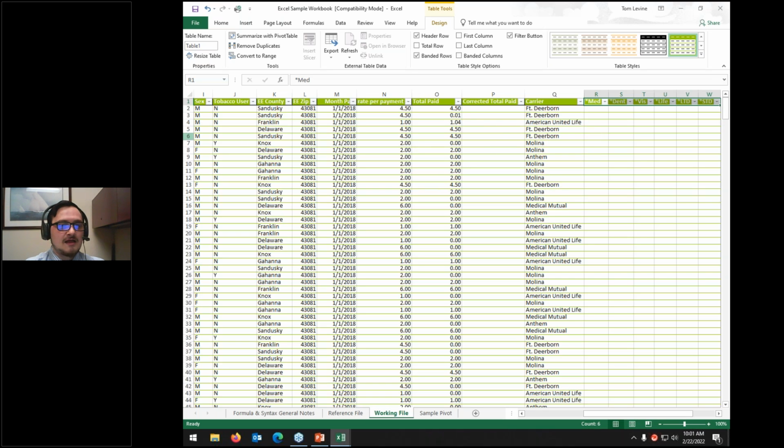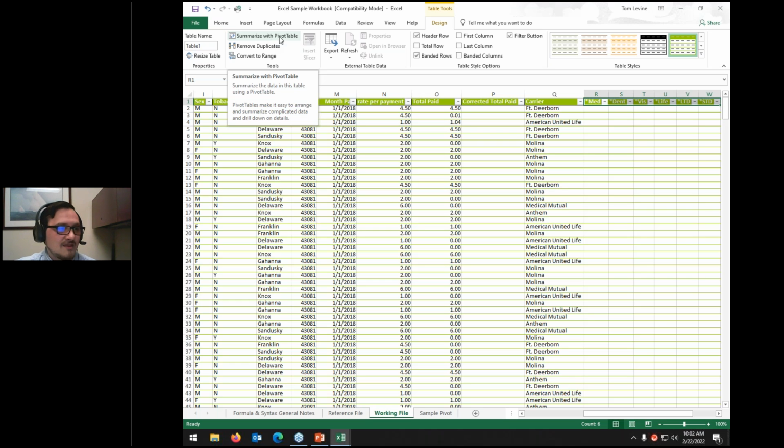So as you can see, I have formatted it as green with a table style, and actually I have this sort of yellow tab that's popped up. What this yellow tab does is it talks in depth about the different tools I can use with this table. And I can summarize it with pivots, which we're actually going to do as our next Tech Tuesday. So I'm not going to get in too deep with it, but it's just a really simple and uncomplicated way